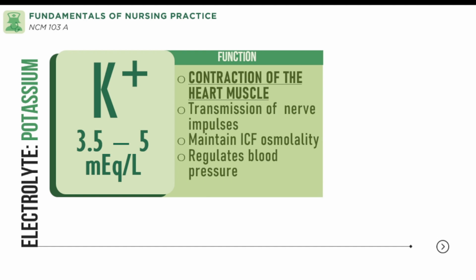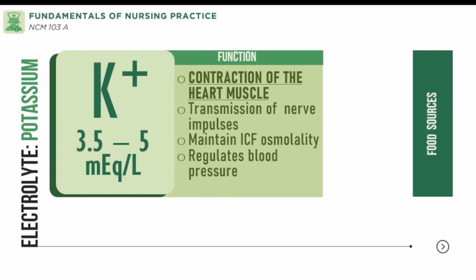Important for proper nerve function and muscle contraction, and plays a crucial role in maintaining fluid balance within your cells and tissues, helping to regulate cell volume and osmotic pressure. It also helps to regulate your blood pressure by counteracting the effects of sodium and promoting vasodilation of your blood vessels. Common food sources we have here,